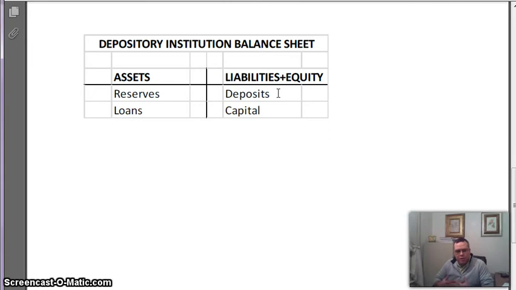They basically borrowed it from you, and then they can take that money and go out and buy stuff with it. Obviously a bank balance sheet is more complicated than this, but these are the big accounts. They have two main classes of assets. They have reserves, which is some of their deposits that they've kept on hand in their vault or stored at a central bank. And then they have loans. They make mortgages, small business loans, things like that. Those are their money makers.